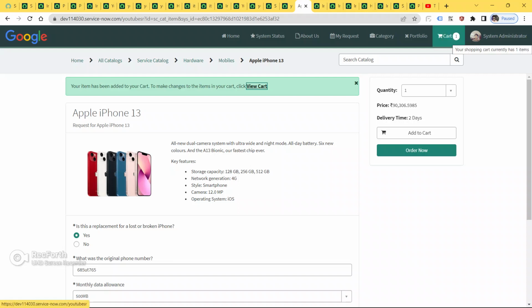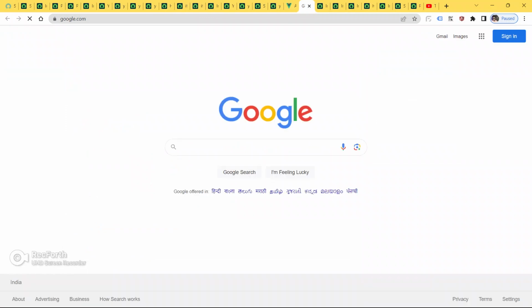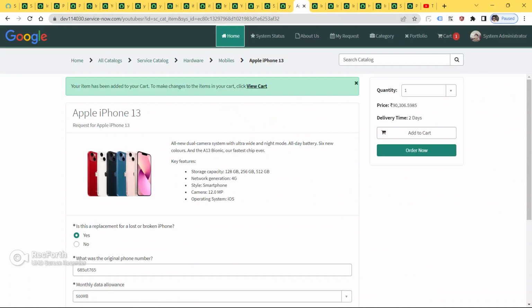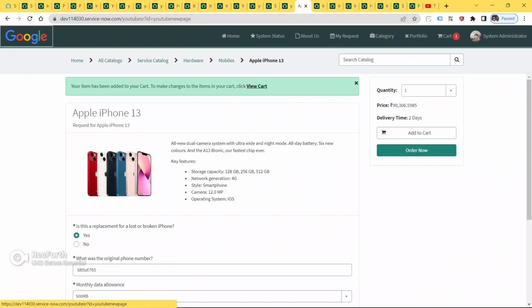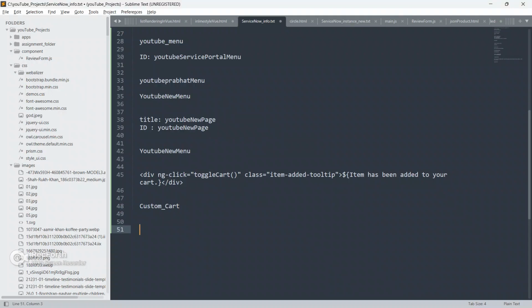Okay, see, now we are able to see here, guys, one item is added to our cart. So now we will go home. As you can see, this home is the Google. Okay, so now just go here and we will just remove this, or copy it from here and paste it here. We will make our URL using this URL. Okay, so now just remove this and refresh your page.